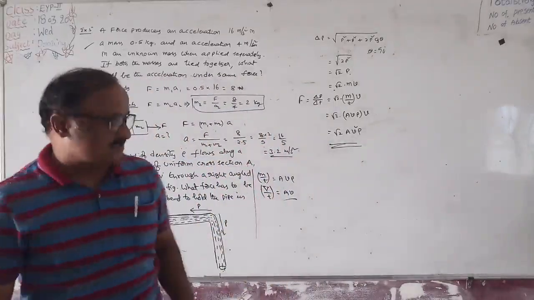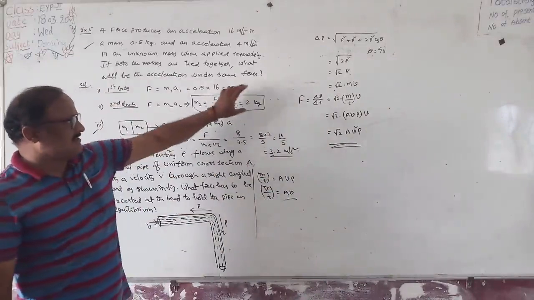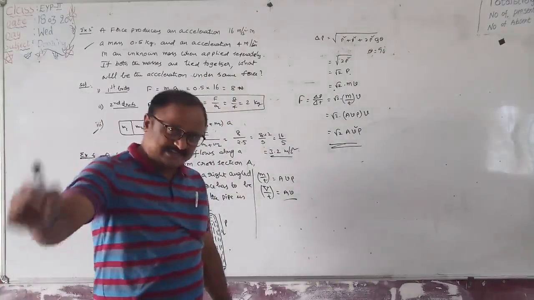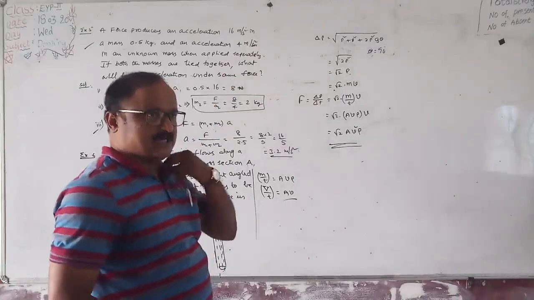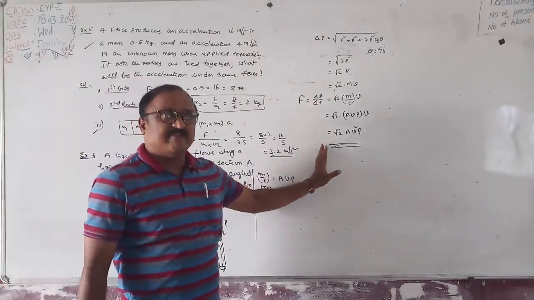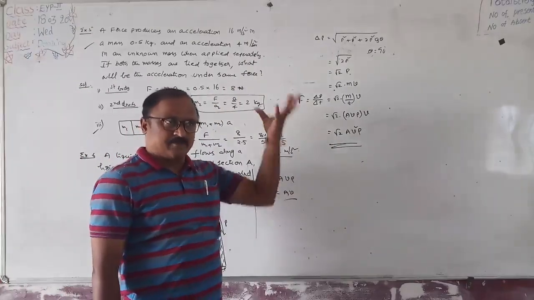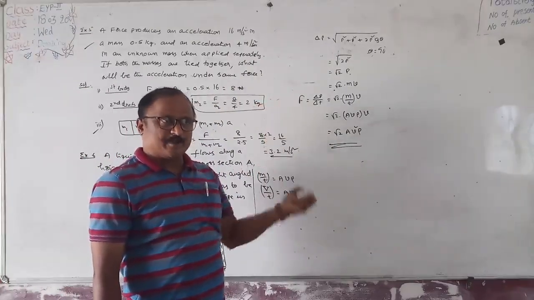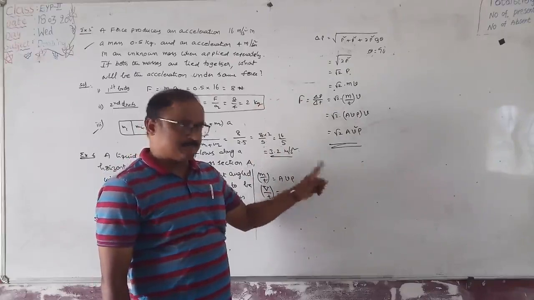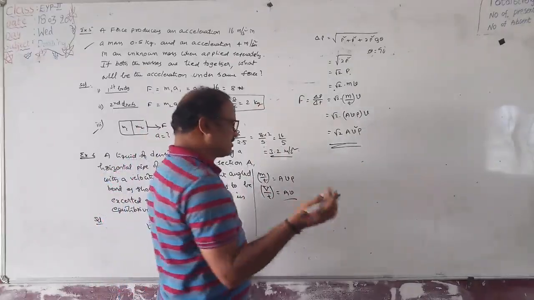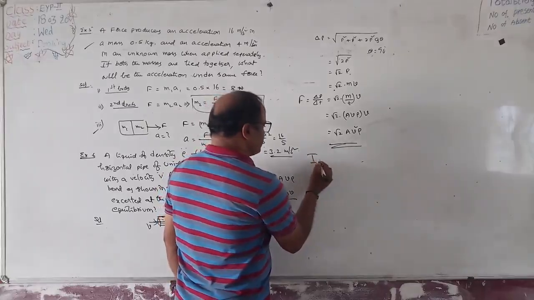Up to this class we are doing some more problems regarding Newton's second law of motion. There is another term in Newton's second law which is called the variable mass system. The best example is rocket propulsion. That rocket propulsion concept will be explained in the next class. But in this class, there is one more simple concept, which is nothing but impulse.